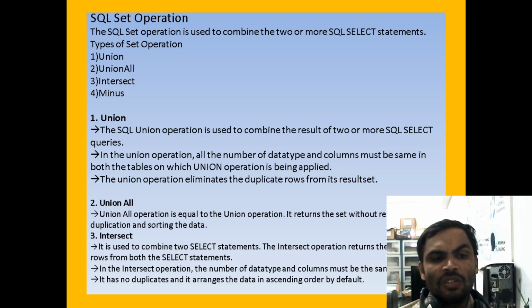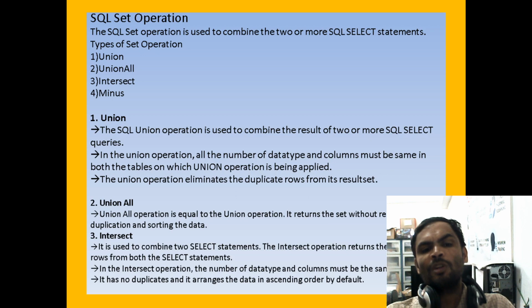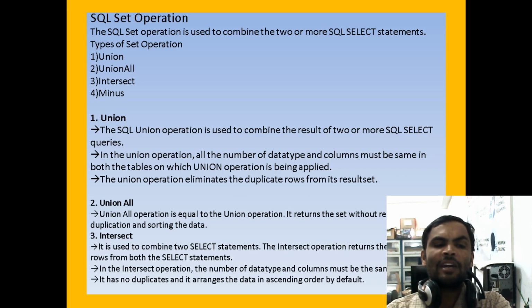Now union. The union operator is used to combine the results of two or more select statement queries. With the help of two select statement queries only, it will perform the union, combining the results together. For the union operator, the number of columns, the data types and column names must be the same. See here, one more important point: at the time of combining with the help of the union operator, when you are projecting from the tables, the column data types should be the same. Then only it will combine, otherwise it will not combine.